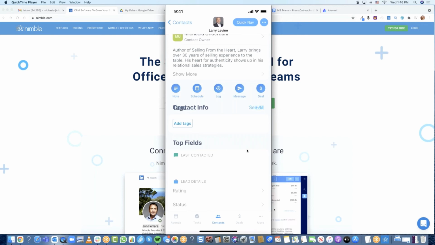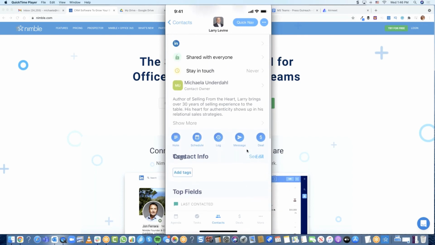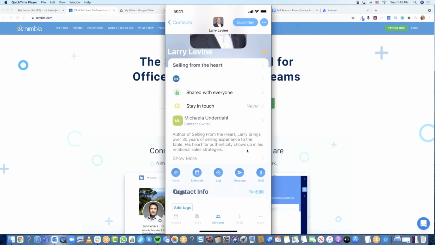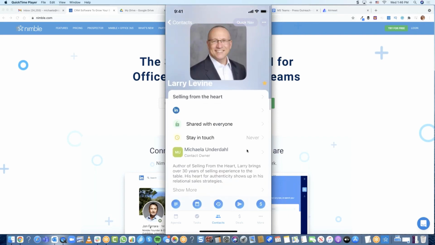So if there was anything that has been previously attached to the contact record, you would also be able to view it on your phone. So we're making it even easier for you to access all the information while you're on the go and do it as fast as possible. So that's all for the mobile application, and I would like to